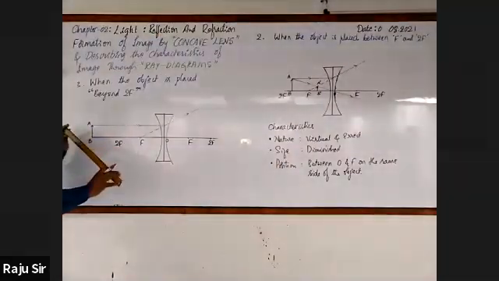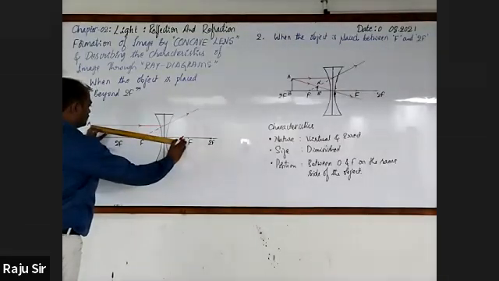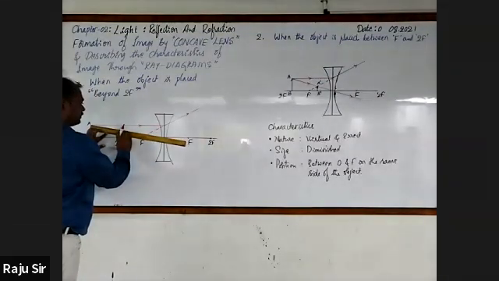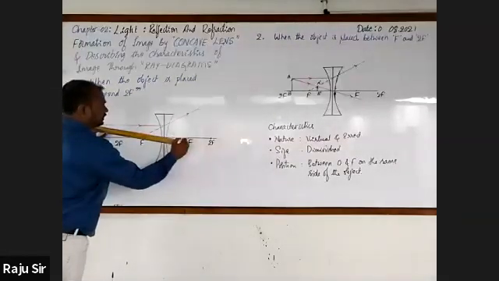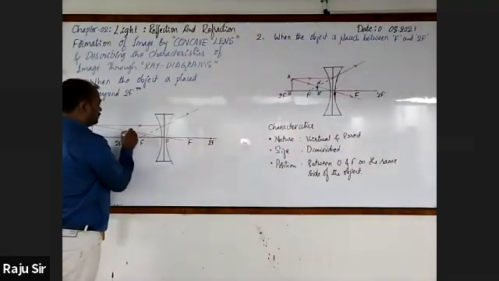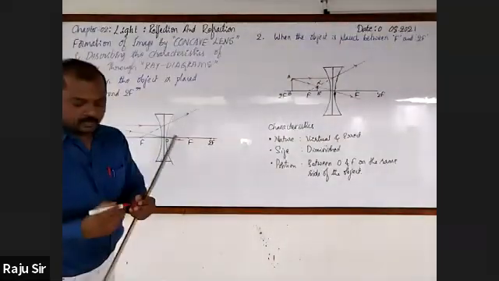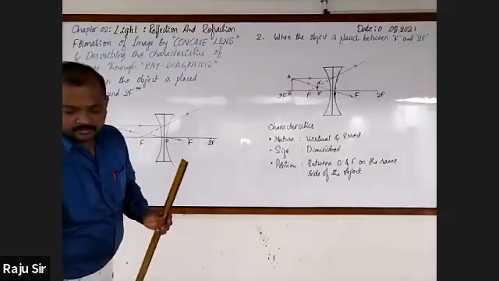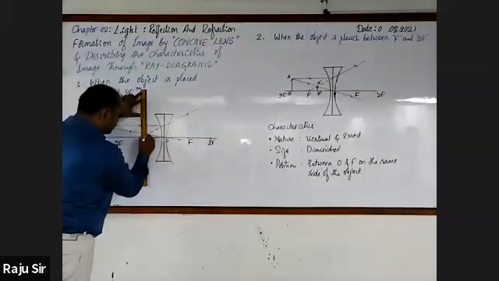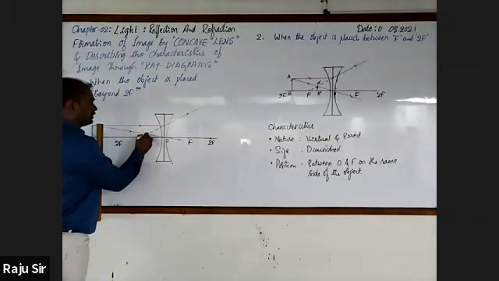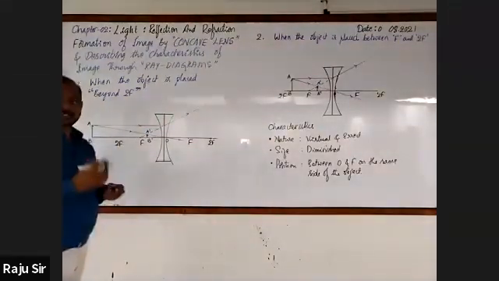Next, what is the second ray? Passing through optical center. Ray of light coming from the object incident at optical center passes through the optical center without bending. Both the refracted rays have intersected at a point. From that point, draw the perpendicular. Just to compare the size. What is it? Highly diminished.